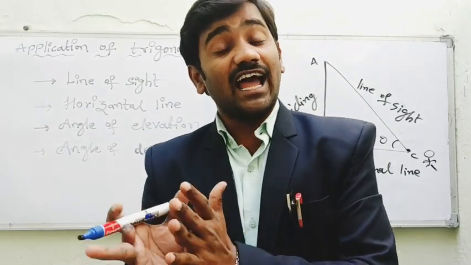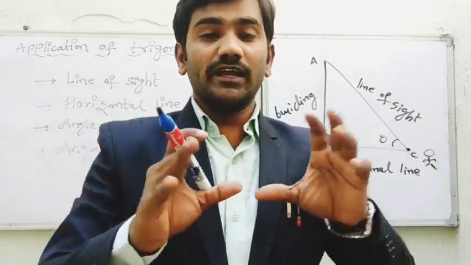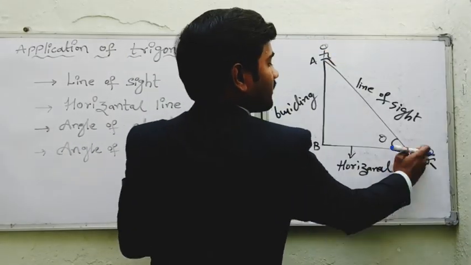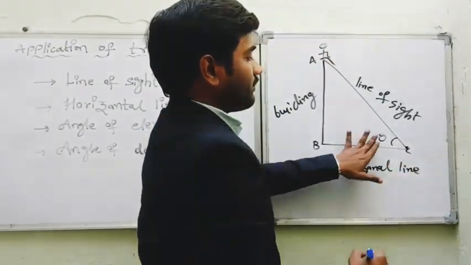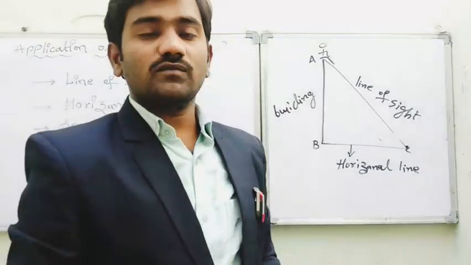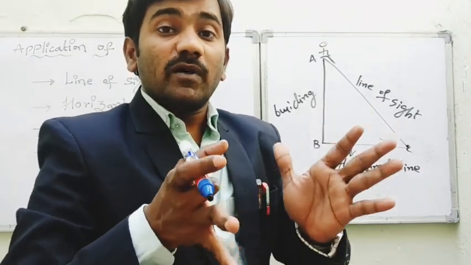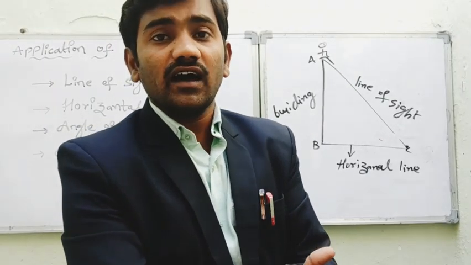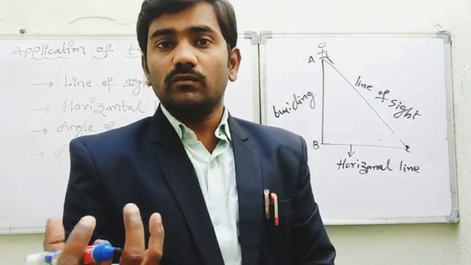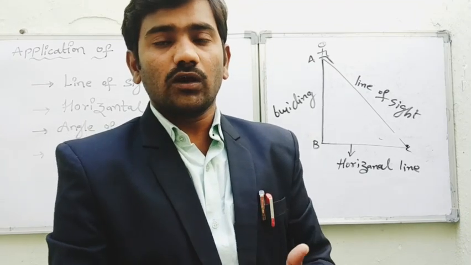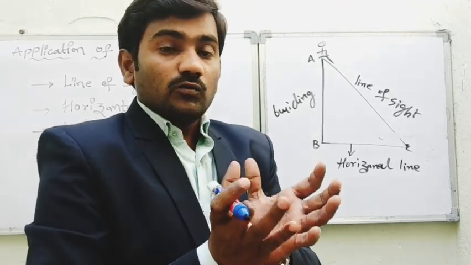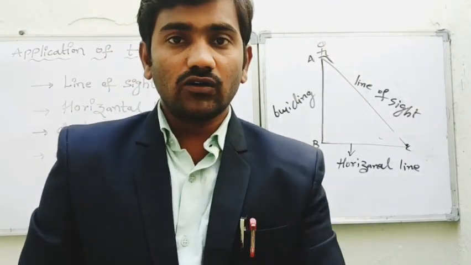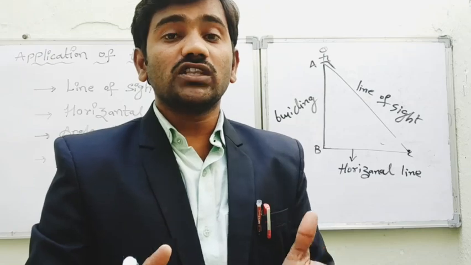Now let's see what is angle of depression. Suppose you are on the building. Here is the observer, on the top of the building, observing a flower pot which is on the ground. Flower pot, in the sense, pula kundi. So you are observing from the top of the building to a flower pot on the ground. There we use the angle of depression.